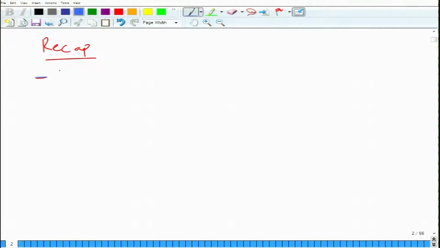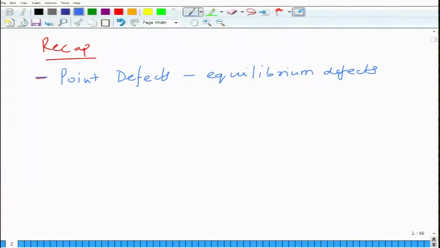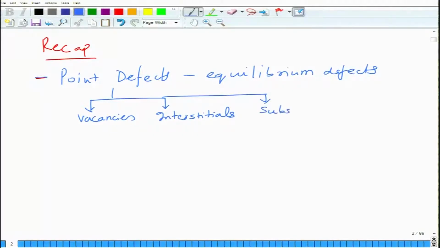We introduced defects in the last 2 lectures, and we first talked about the point defects, which are equilibrium defects, which means they are thermodynamically stable as a function of temperature. Except at 0 Kelvin you will always have point defects in a material, and point defects are basically vacancies, interstitials, substitutional atoms,